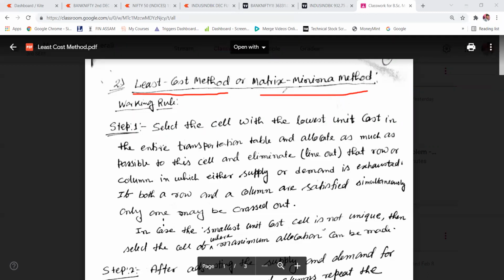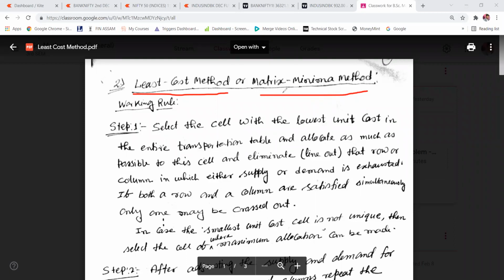Now, in the least cost method, suppose a transportation problem is given. Obviously, you know how to arrange it in a transportation table. After arranging it in the transportation table, the first step towards solving it using the least cost method is to find out, from all the cells of that table, which cell has the minimum cost.